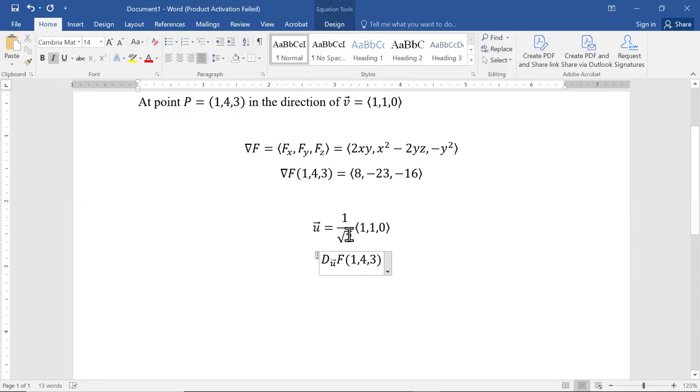By the way, you can find this in general too by using x's and y's instead of plugging in numbers. But if I take 8 times 1 over root 2, I get 8 divided by square root of 2, plus negative 23 times 1 over square root of 2, which is negative 23 over the square root of 2,